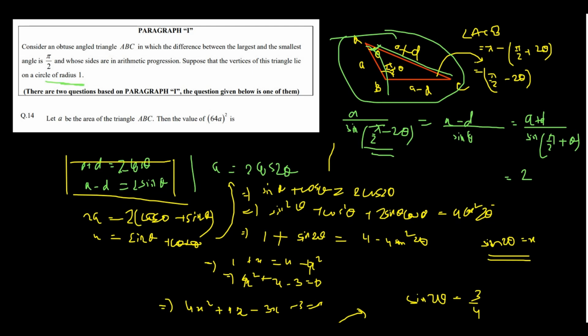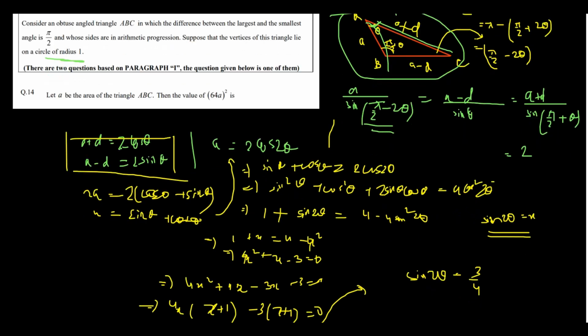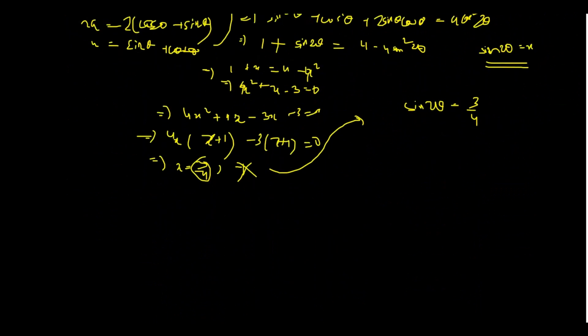So we can take these two sides, a plus d and a minus d. So it will be like half AC into BC into sin C. If we take this as the area of the triangle, then the area equals half of (a plus d) side multiplied by (a minus d) side into sine of that angle, and that angle ACB was clearly pi by 2 minus 2 theta. Okay, so that will be equal to half (a squared minus d squared)